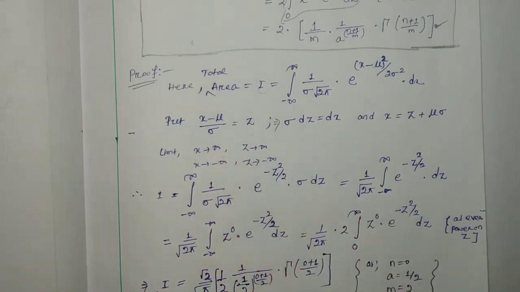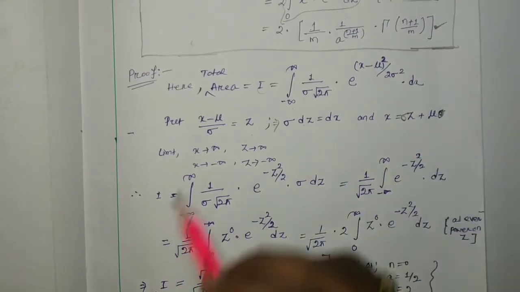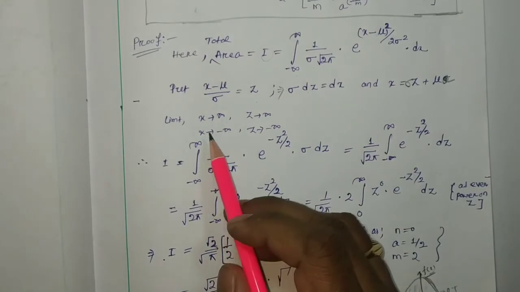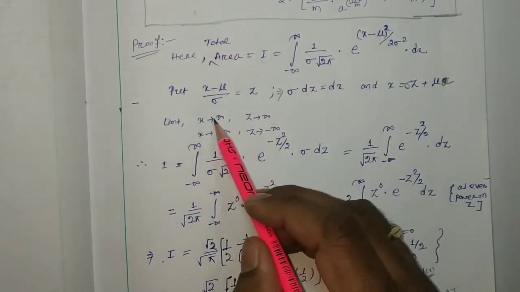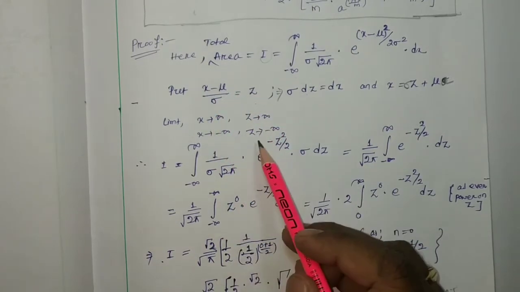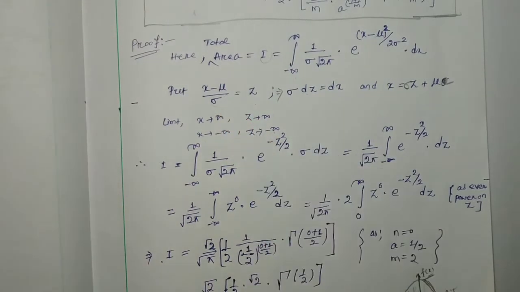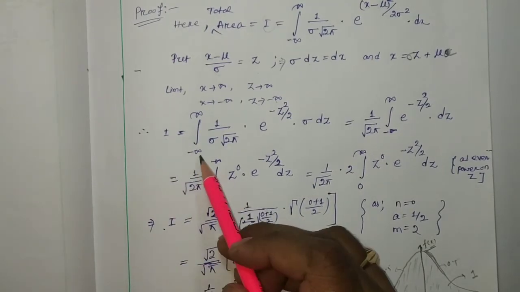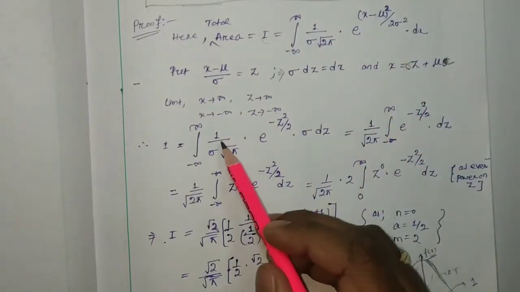Sigma z plus mu. I wrote a mistake, it is sigma z plus mu. And if we are going to consider the limit, here you can see that x tends to infinity, so obviously z tends to infinity. X tends to minus infinity, obviously z tends to minus infinity, because mu and sigma both are constant. Okay, so now I equal to minus infinity to plus infinity,